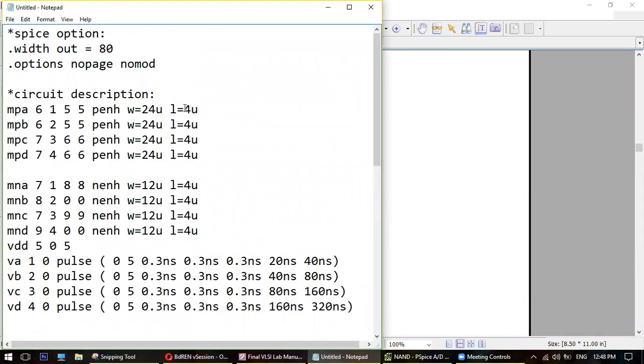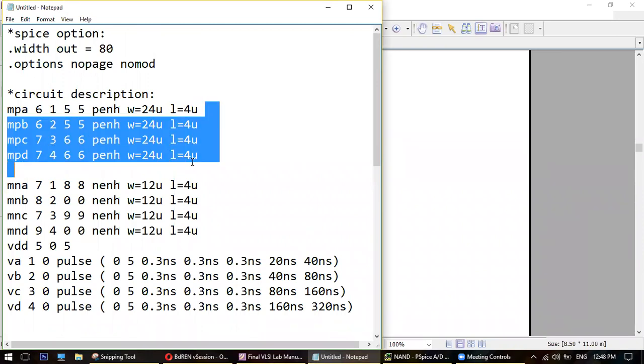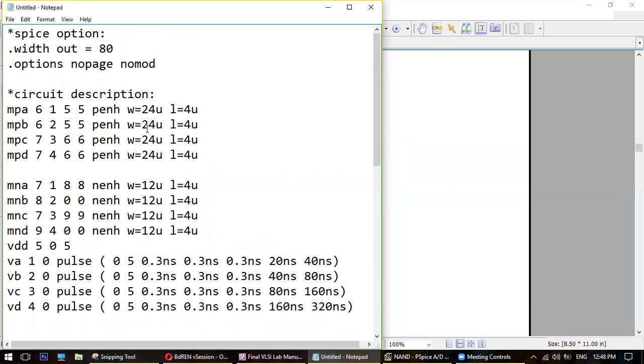Okay. So this is your MOSFET. It was 6, right? Yes, 6. And it was 2, right? Yes. So, sir, your W will be what? 8. And L was 3 maybe, not 4.